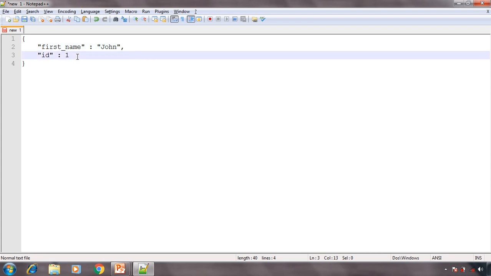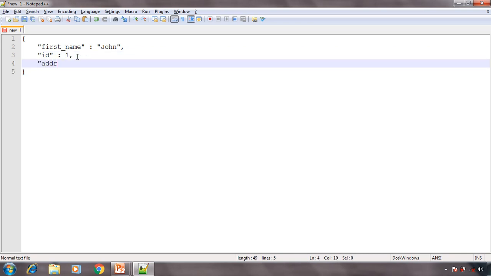Now say we have another class, Address.java, and inside Address.java we have some fields like state, city, ID, zip, and any other field. In our Student.java, say we have an object of this Address class. So this is our key, address, colon, and now the value.